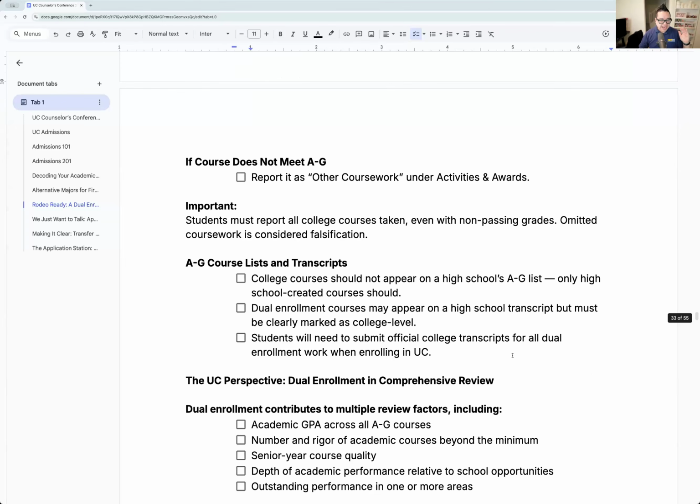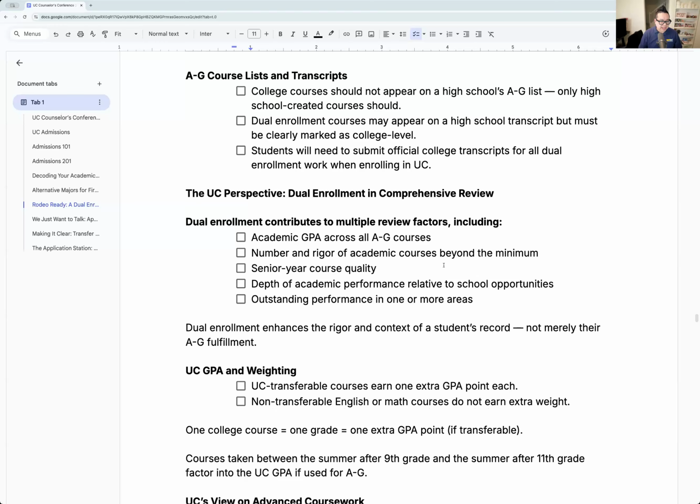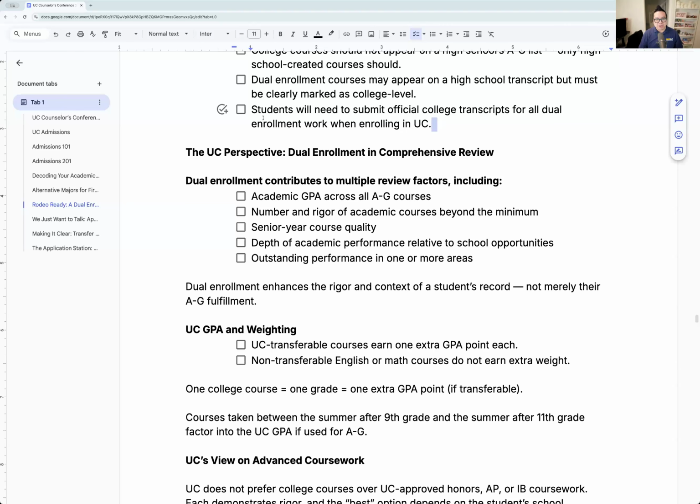Okay, so that's that. Again, transcripts, you don't submit your transcripts, you just copy it over. So we say, just take your transcript, copy everything over on the app, and when you get in, you can send it in as well. The reason why we don't care is once you get accepted, you send in your official college transcripts. I don't need it to show up at your high school at all. I can get a copy from the college, and I can send that directly. That's the key as well.